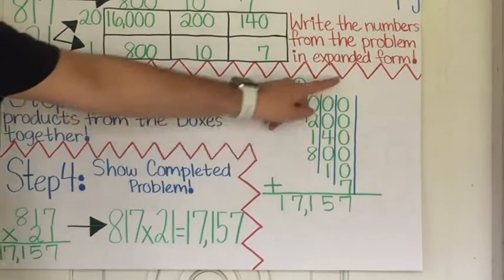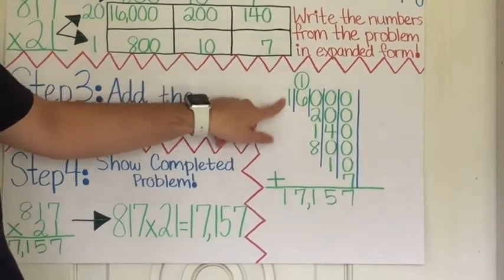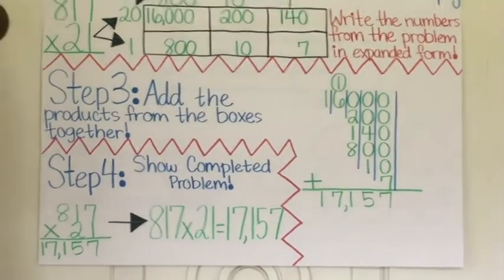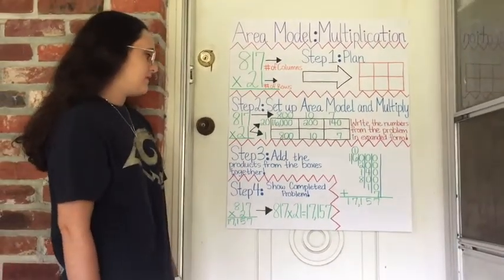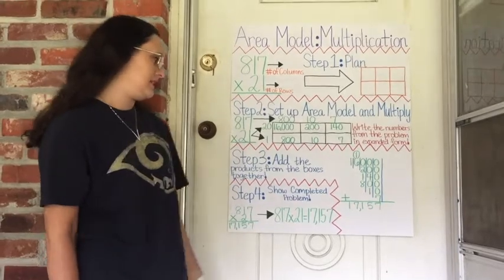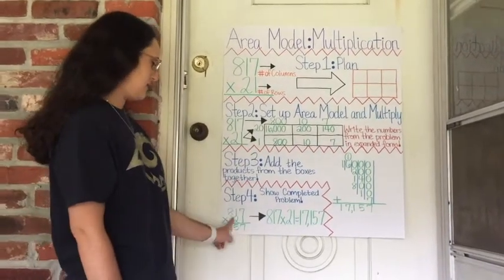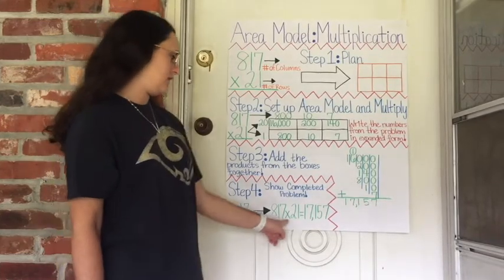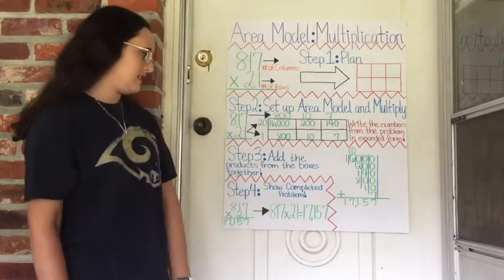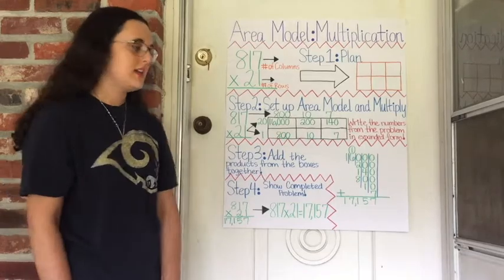After you add all of these up correctly, you should get 17,157. And step 4 is to show your completed problem. You can write it up and down like this, or you can write it across, just showing that 817 times 21 is